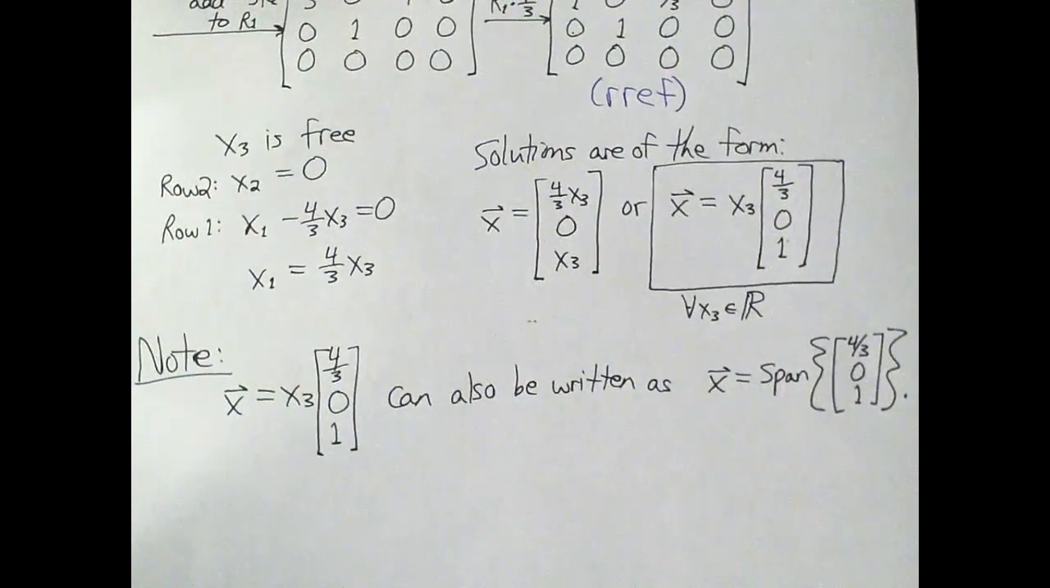Maybe we should think about this before we move on, okay? Why is span showing up here? Wasn't span supposed to be the set of all linear combinations of something? Why are we talking about linear combinations now? Well,